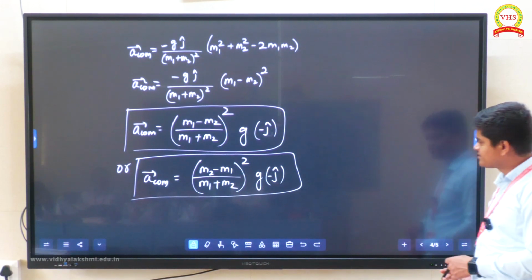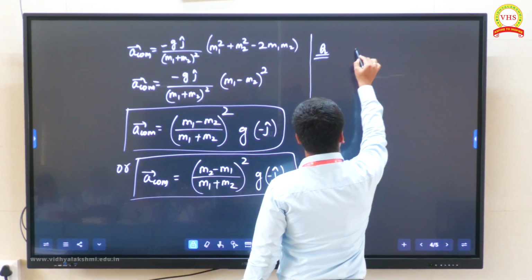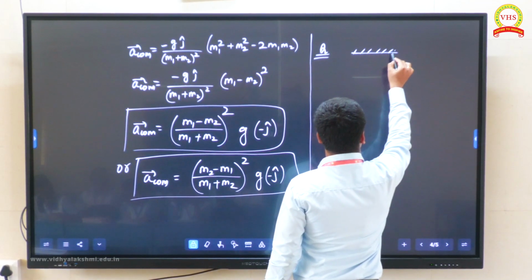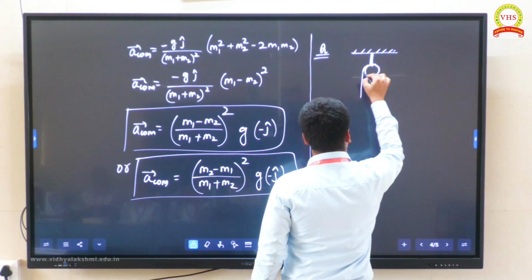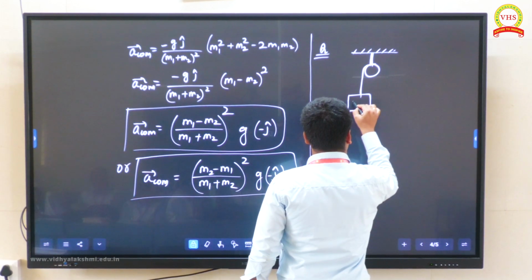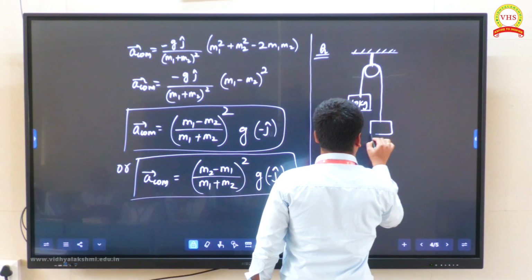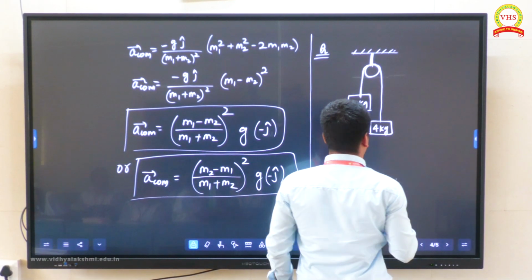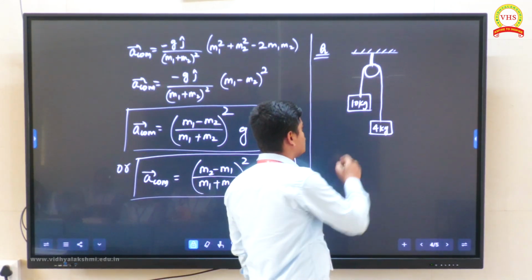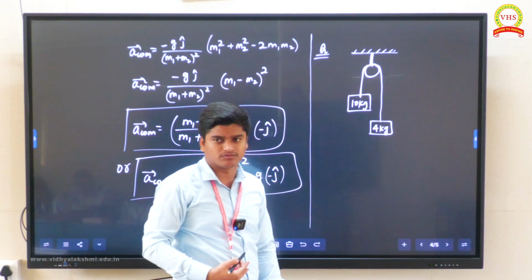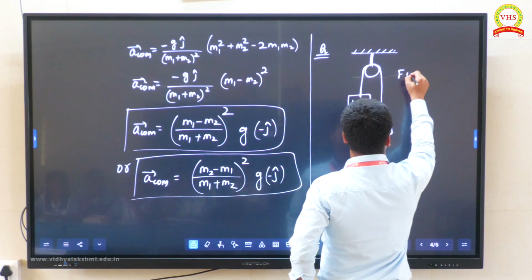Okay. Now here one small problem I am giving. Just try to do that. Suppose I am telling here two objects are there, you take two blocks are there. One is 10 kg and another is 4 kg. So which is heavy only it will come down. Remember that. So 10 kg heavy na, 10 kg will come down. Okay. So now here in this system find